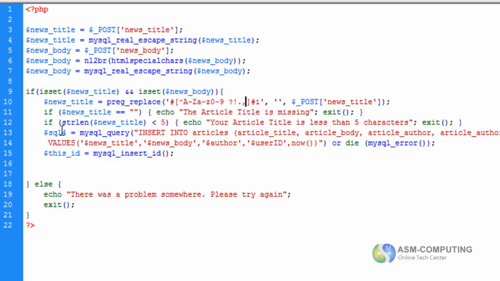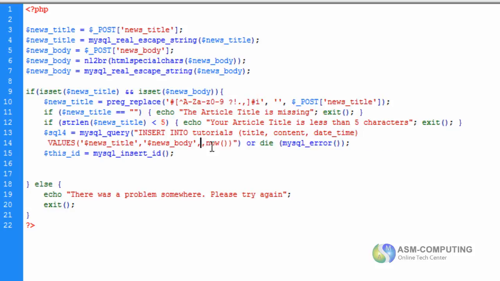Okay, so next we do another SQL, or not another because it's the first one. We do an SQL query and we insert into, so we just have 3, and the values is going to be news title, news body, and the date time.